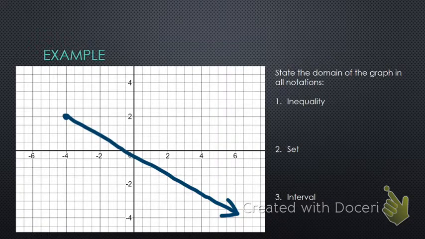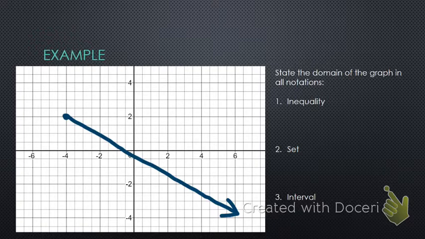All right, so here it asks me to state the domain of the graph on the left in all three notations. So we'll start with inequality because hopefully that's the one we're most familiar with. So in inequality notation, domain is my x values. So I need to find what's my smallest x value and what's my largest x value that's possible on this